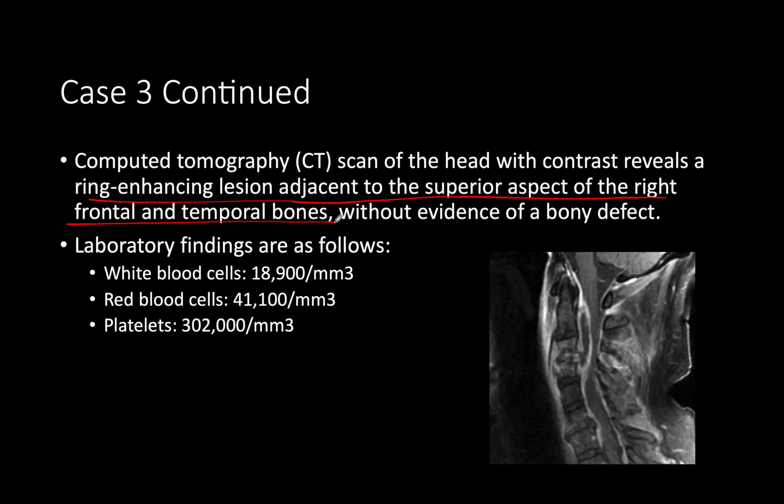So lab findings, we do see a white count. Red blood cells and platelets are relatively normal. And then this is not our patient, but just an image that I could find online. Dural abscess images are kind of hard to come by, but here we can see, this is an MRI, but you can see some of the spinal cord coming down here, and then right outside the spinal cord, sort of encapsulated, is this little dark area that's surrounded by a lucency, and so this would represent a dural abscess in the spinal cord. But obviously for our patient it would look a little bit different.